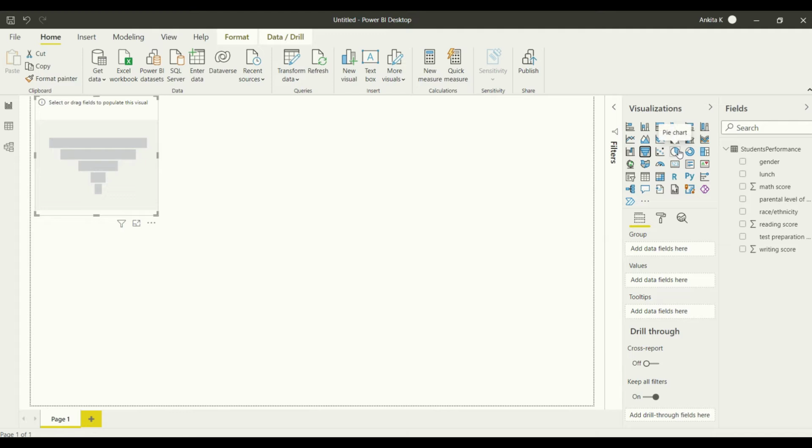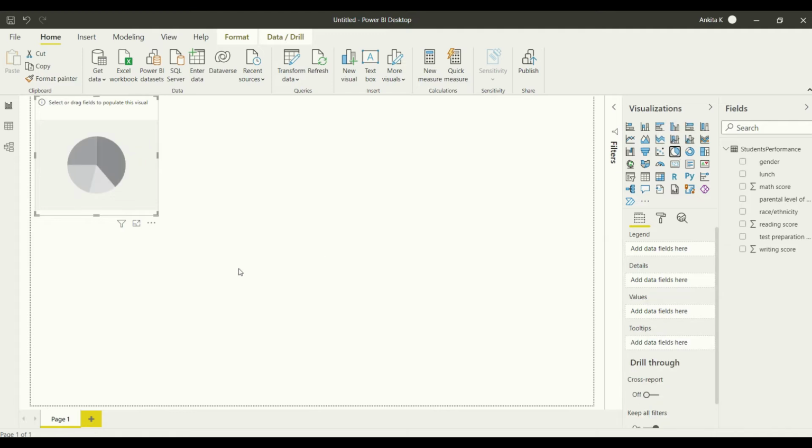For this one, I'll just keep it simple for now. I'm going with this pie chart option, and step by step we'll explore the different parts and how you can put all these different kinds of charts together to actually get the real value of Power BI for your data visualization work. So this pie chart is here, and here it gives you these four options,